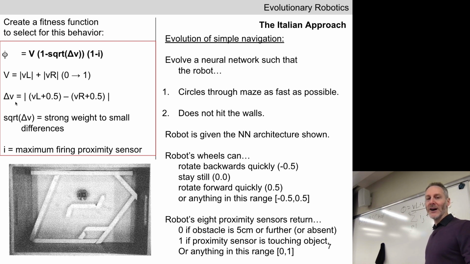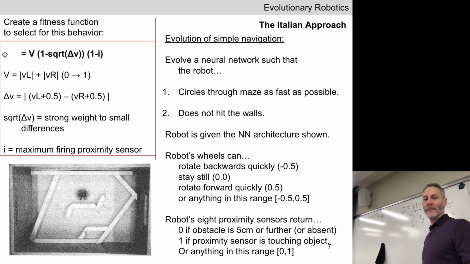So what values of VL and VR minimize delta V? What values of VL and VR will minimize delta V here? Just delta V. Anything that's close together, right? The more similar VL and VR are to each other, the smaller delta V, the smaller the delta between VL